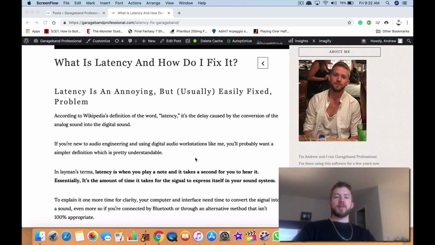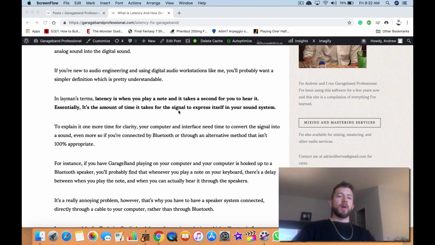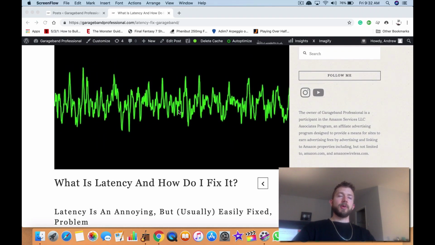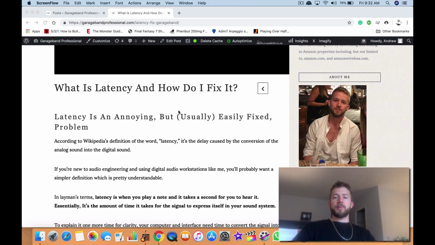The funny thing about this topic is that it's a problem that's so easily fixed, but a lot of people seem to be having the issue. And I'm going to tell you right now the number one reason why people are having latency when they're using this software is because they're using a Bluetooth speaker. You cannot be using Bluetooth headphones or a Bluetooth speaker connected to your sound system when you're monitoring music, because